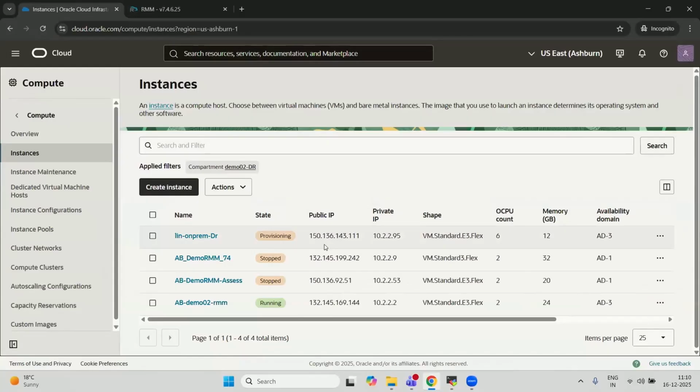Once this instance is provisioned, the software will overwrite the data to it completely. And then once everything is done, you will be able to SSH and you will find this to be the same as what you have on the source. So it's a like-to-like replication.